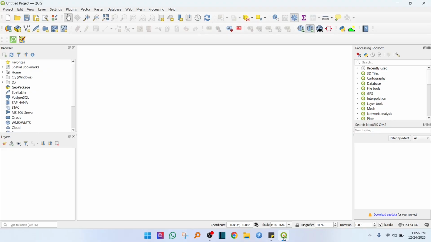So once you are in QGIS, you will go to plugins, plugins option, and then you need to download quick map services. The quick map services means you have to download the OpenStreetMap for you. So click plugins, manage and install plugins, the first option, and click in the search bar. You can search, and first of all you need to